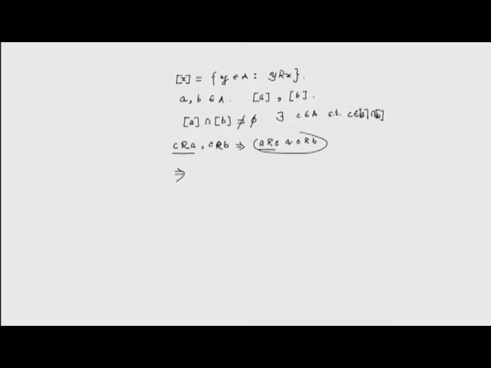And now, we will use the transitivity of R, because R after all is an equivalence relation, and write that this fact implies a related to b. But if a is related to b, this will imply that a belongs to the equivalence class of b. So, we see that if the equivalence class corresponding to a and the class corresponding to b have a non-empty intersection, then